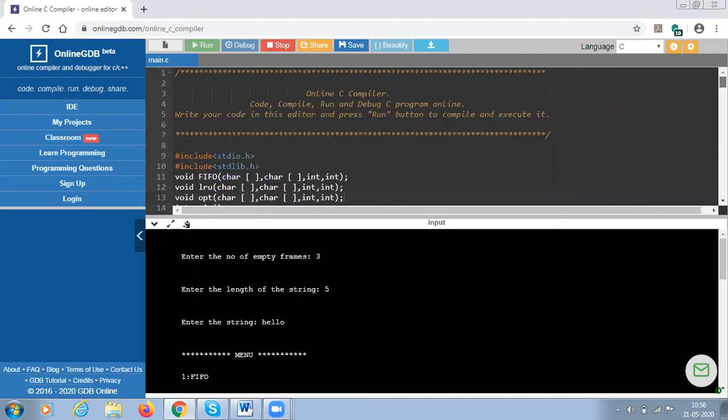So this is your last program in your SSOS lab. I hope the logic and the outputs are understood. Again, I want to repeat: if you're executing this on a Unix platform, you can use vi or gedit. So gedit followed by the file name .c. To compile, cc followed by the file name .c. To execute the executable file, use the command ./a.out. Then the output continues as it is, that is, enter the number of frames, enter the length of the string, etc.